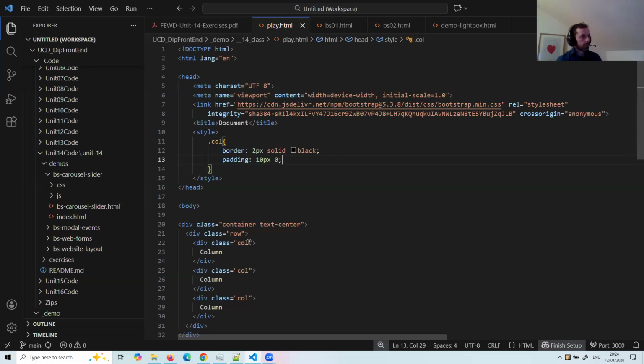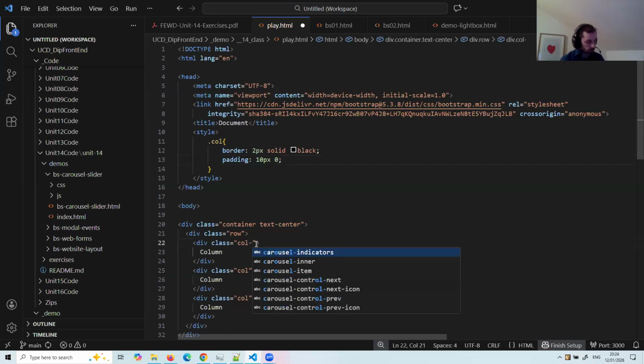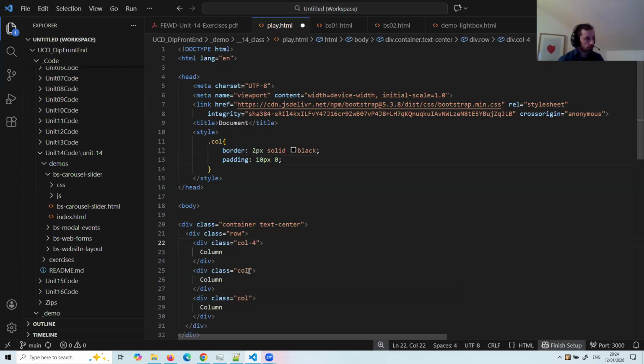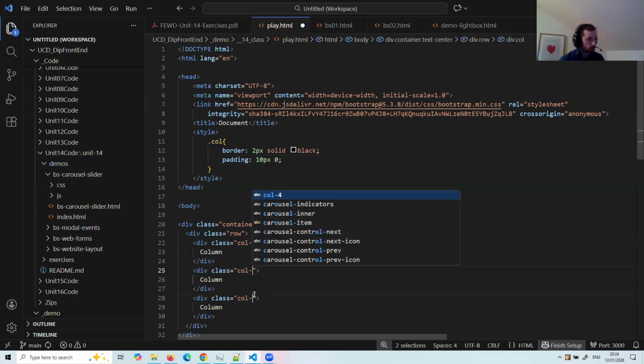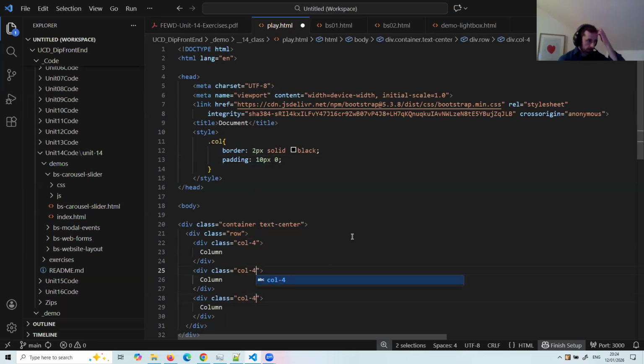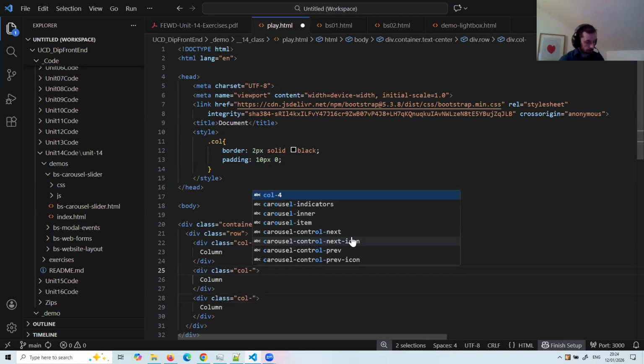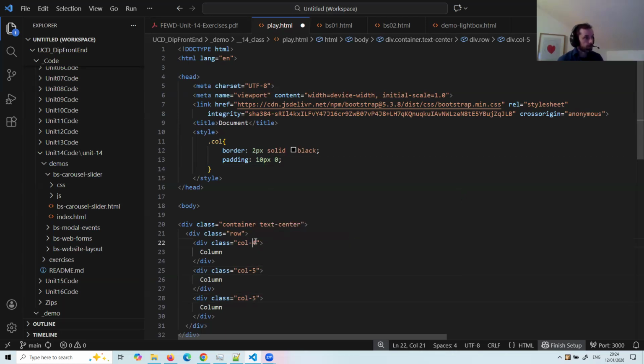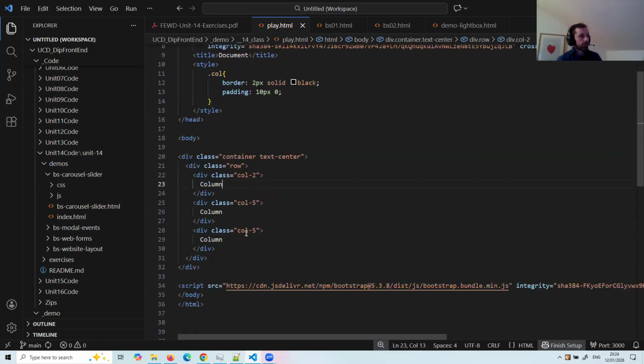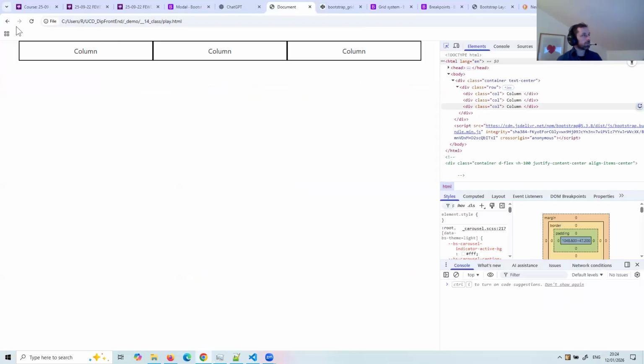So here, if I say col dash 4 and col dash, let's do alt here, alt dash 4. That's as it is actually. So we'll do these two as 5, and 5 is 10. That leaves 2 left over. So put 2, right? We'll save. So they always add up to 12. So if I've done that correctly, when I look at this now and I reload it,